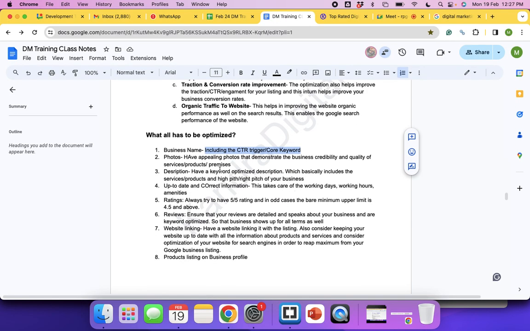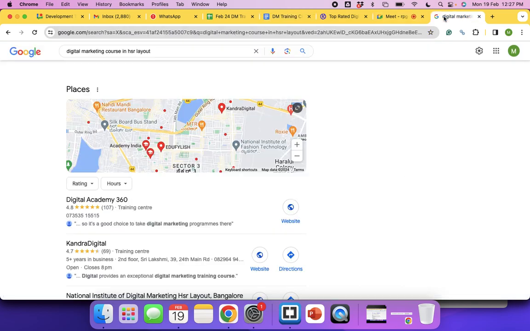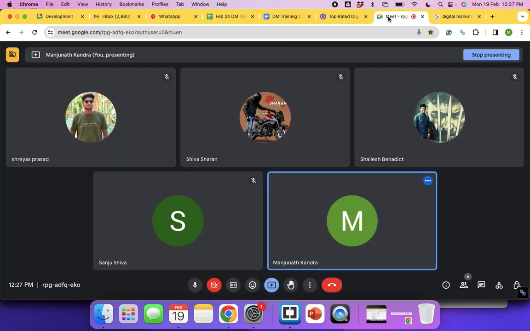Right? So you can have a keyword so that your business listing will have more clicks and you would get more traffic from the stuff, digital marketing institute term. Right? So next is